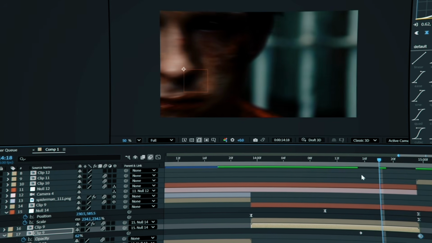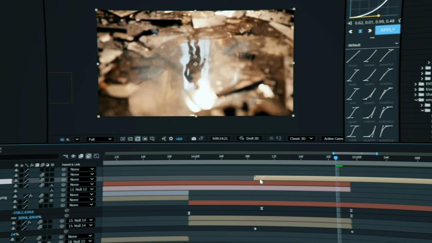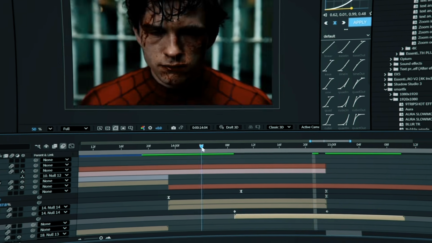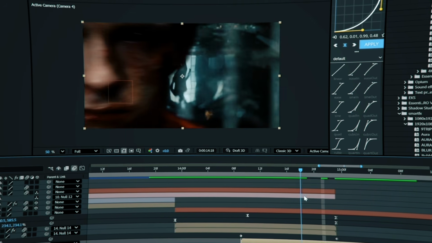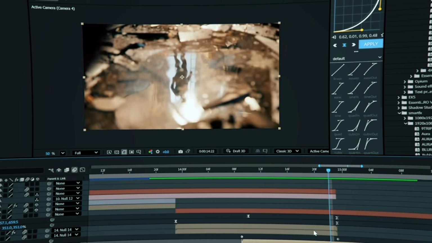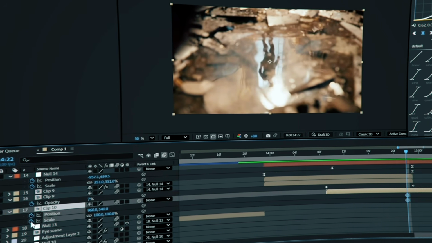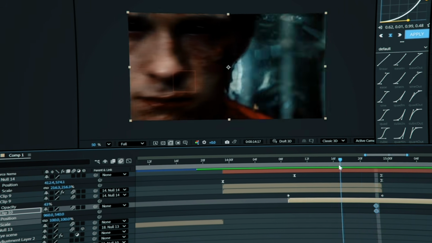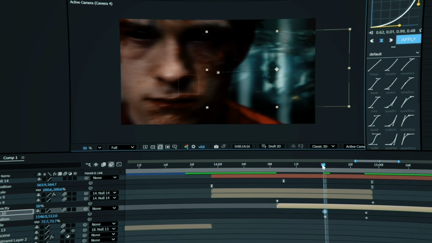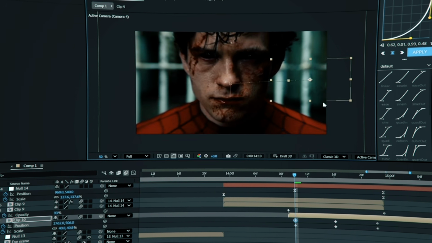This is where the second scene comes in. We place the second scene under these layers. As you can see, when the opacity goes down, the second scene starts to appear. To make it smoother, we add keyframes to scale and position, then scale it down and move it to the right like it's coming from behind. Then it becomes full screen.